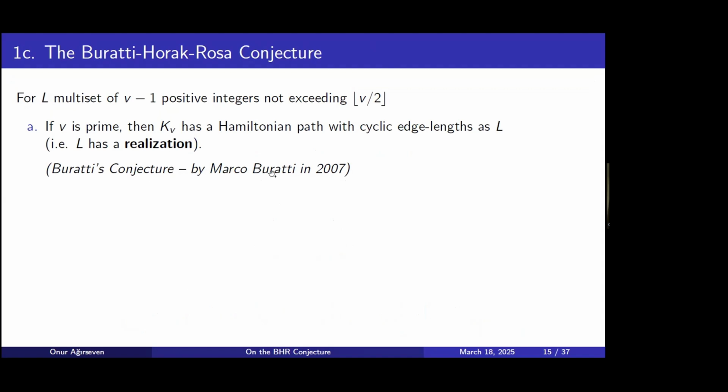He is a very prolific person in graph theory topics of this kind, decompositions and such. But he himself actually never worked on the problem. This is one problem where he described it, but he didn't work on it. And when he described it, he was mainly thinking about the prime context. In the prime context, the conjecture is that, yes, given any multiset, we'll be able to find the Hamiltonian path